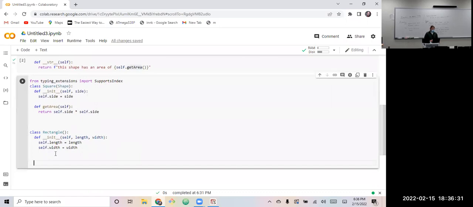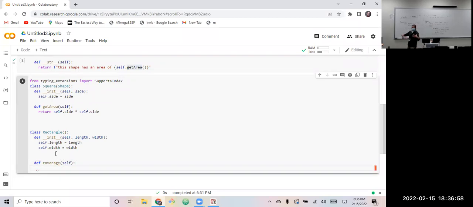Where was that? Oh, yes. So maybe somebody else is making this code, and they think a little bit different. So instead of thinking about area, they're thinking about the meaning behind area. And they're going to give their stuff maybe not so clean of names. So instead of a get area, a nice term like that, they're going to create something called coverage. What does this rectangle cover? That's the meaning of area. So it's the same thing. Again, we would use the formula for the area of a rectangle.